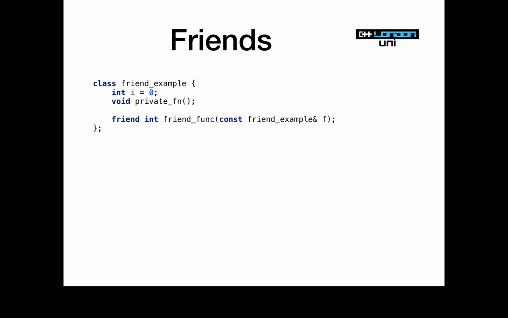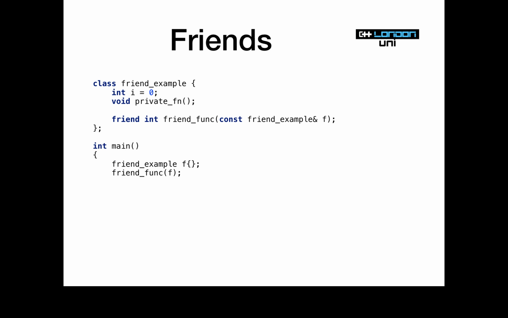Does that bring you to a global, not global scope, I guess? You still need to access it through friend example dot something. It doesn't bring you to a global scope in a way. Not really, no, because it's only inside the definition of this function that we are allowed to access these things.